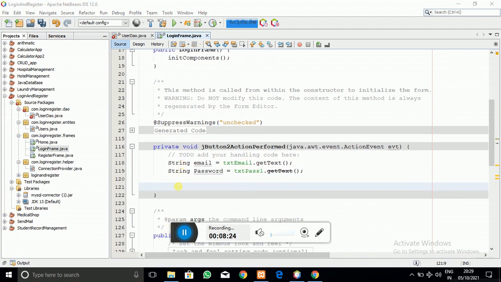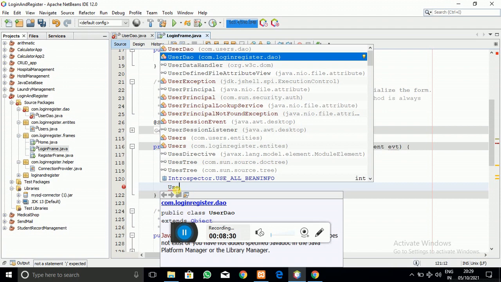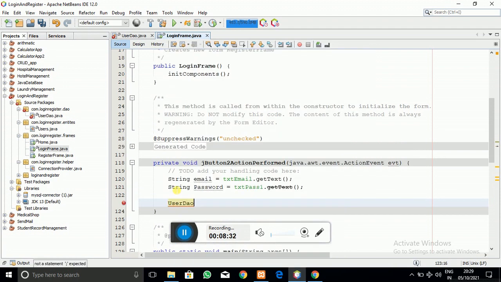So now I have to check these values, whether this user is found or not. So let's create the object of user_dow class.